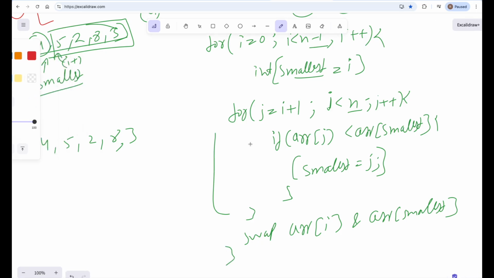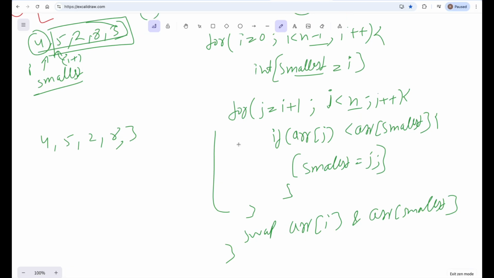In our case, let's say i will be equal to 0 in the beginning, and i will be at this position. Now let me name smallest as s for now, so s will be equal to 0, the 0th index element.